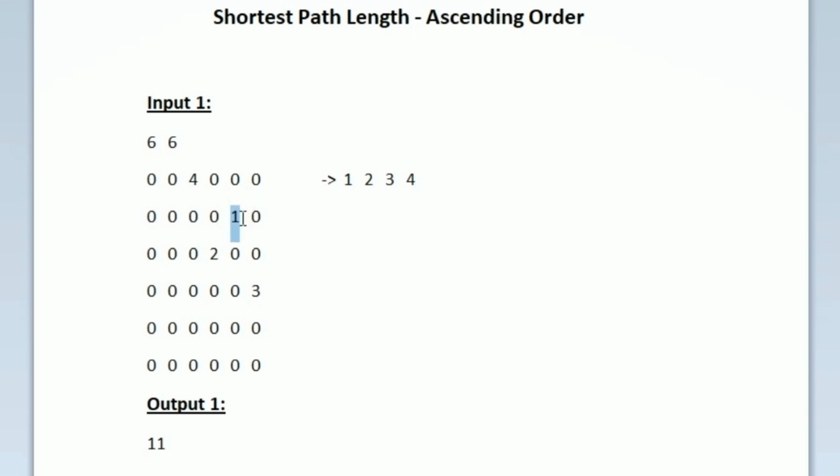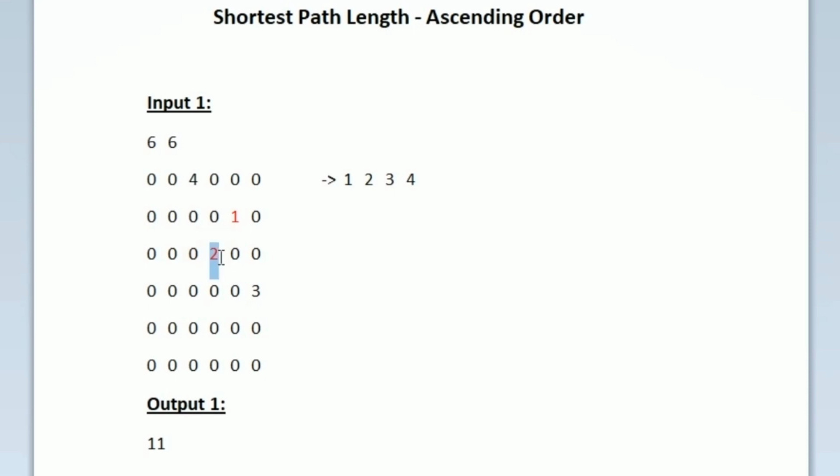So first let us find the distance between 1 and 2. So here we have the integer 1 and here we have the integer 2. So I have highlighted the starting and ending, and now we have to calculate the distance between these 2 points. And it is also given in the question that we can move either horizontally or vertically. So horizontally in the sense we can move column wise, and vertically in the sense we can move row wise, and it is not possible to move diagonally. So from 1 diagonally with one shift we can reach 2, but it is not possible because we are traveling diagonally. So let us calculate the distance between 1 and 2 according to the conditions given in the question.